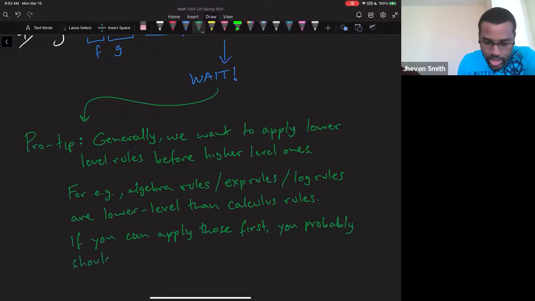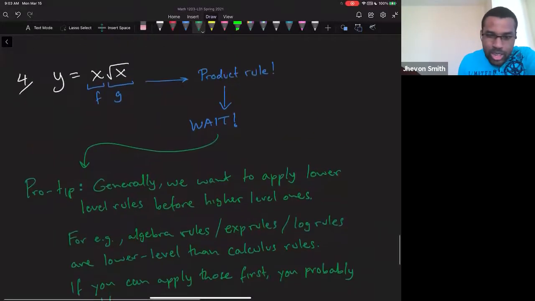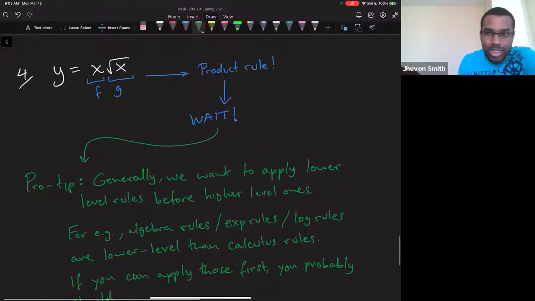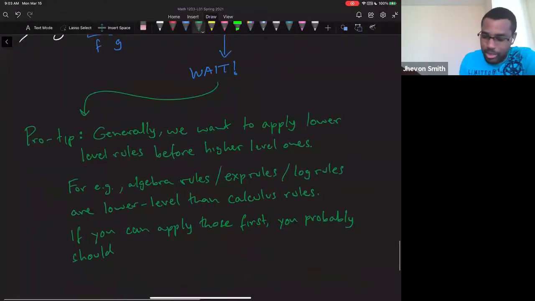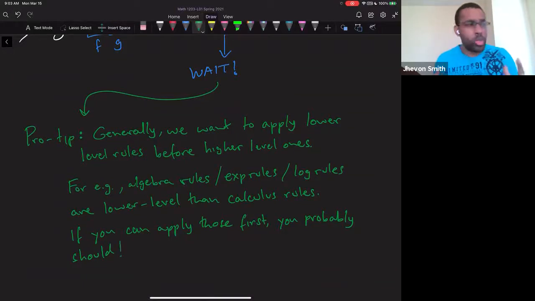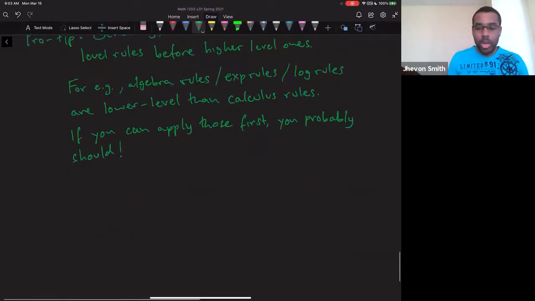Now, sure, in this case, you're not going to get into too much trouble because it's a very simple example, but I'm not going to give you such a simple example on a test. So let's be real about that. And this even works when you are within a certain category. For example, there were times when I would ask my pre-calc students to factor